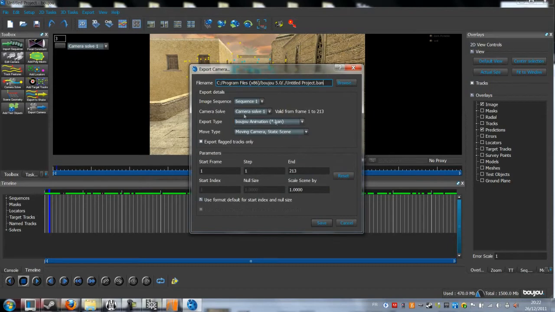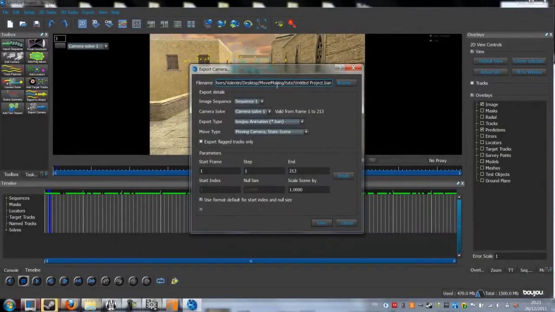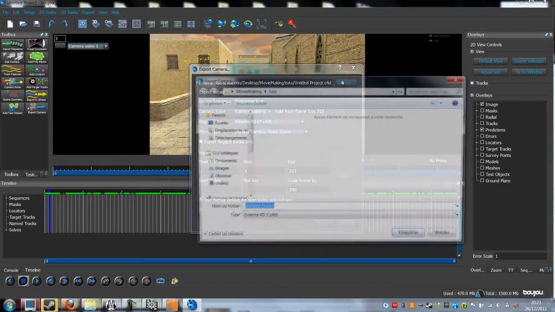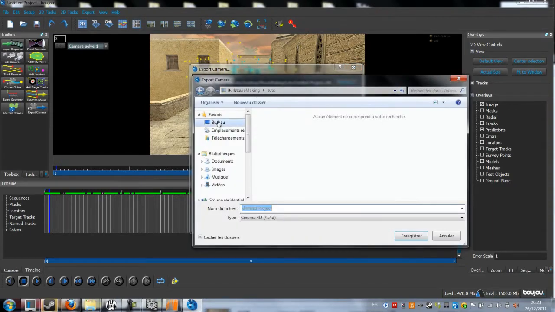If you want to do it for After Effects, just change the export type to MA and put the scene scale to 100. For Cinema 4D, just change the export type to C4D, and it's the same as After Effects. You need to change the scene scale to 100.